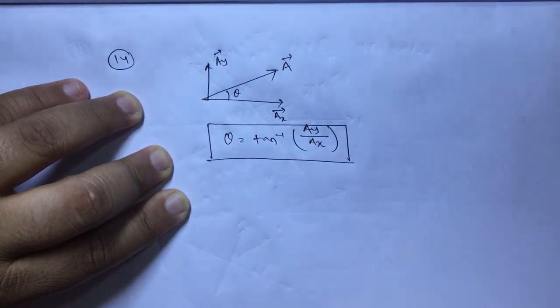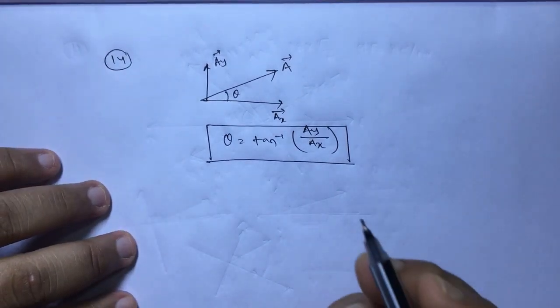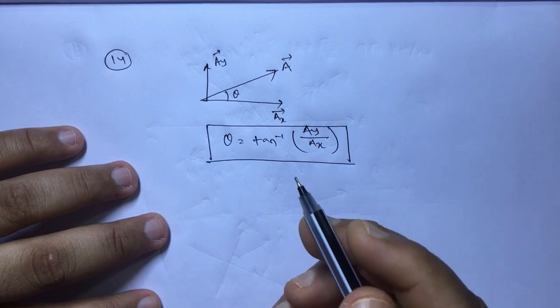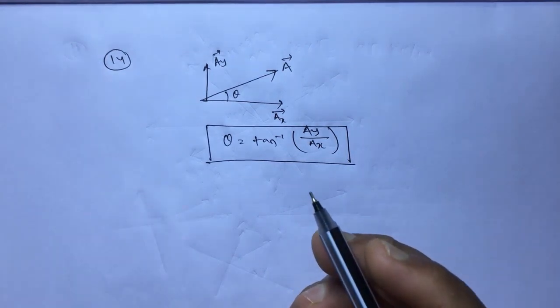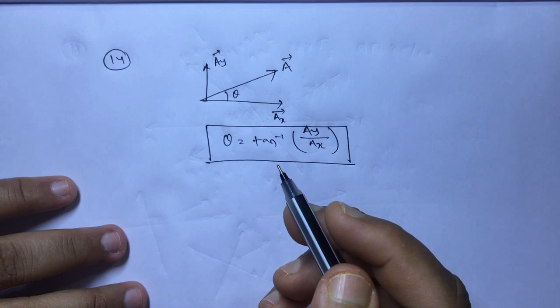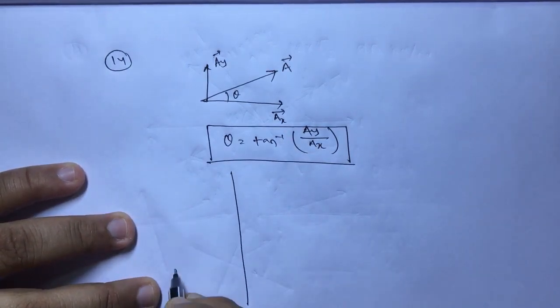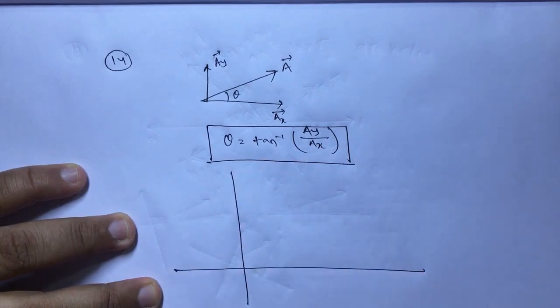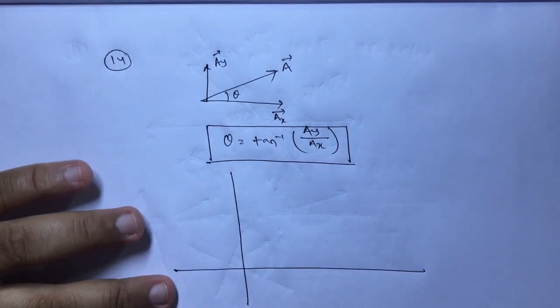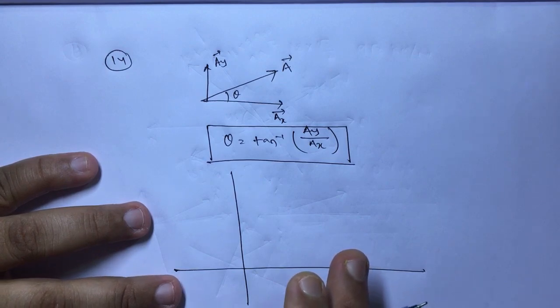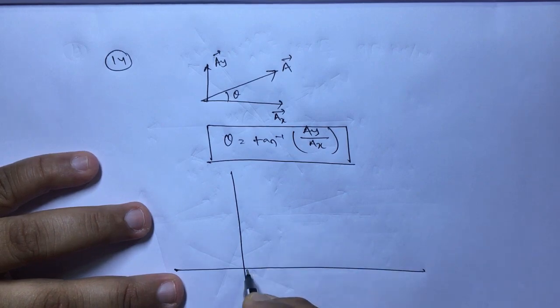This we have learned yesterday. You can check that video there. So here, what is the question given? There are two billiard balls rolling on a flat table. Let this be the table surface, and there are two billiard balls rolling on that. The first billiard ball has components Vx equal to 1 meter per second and Vy equal to root 3 meter per second.